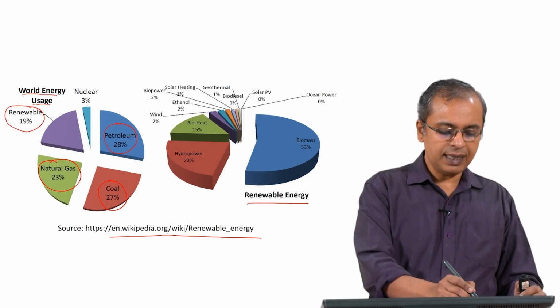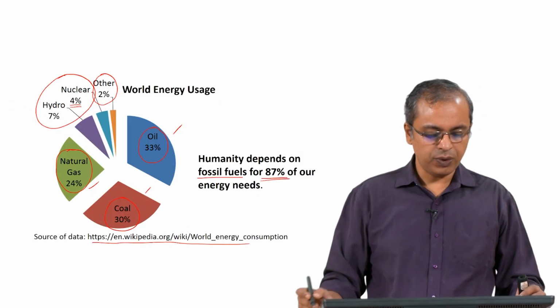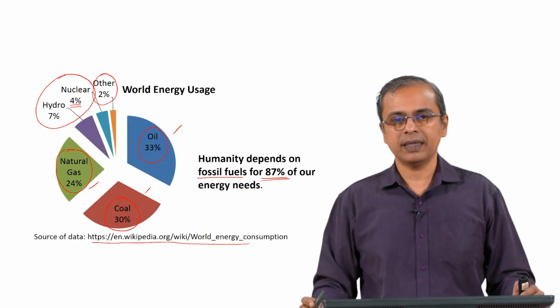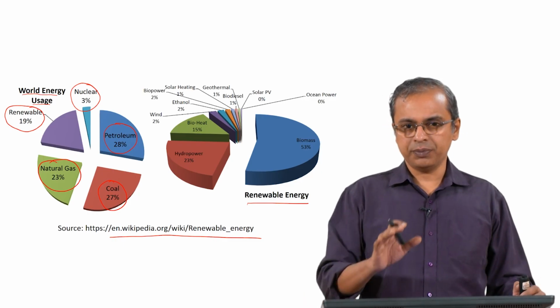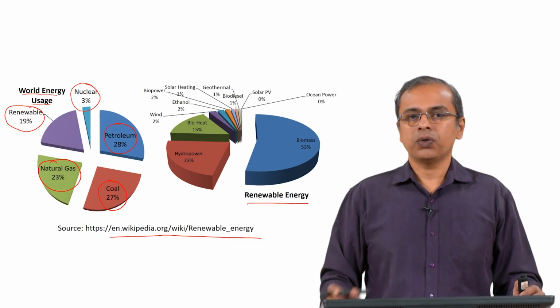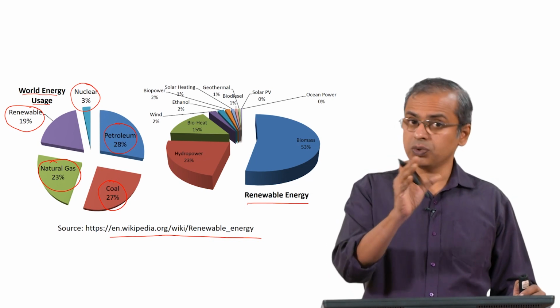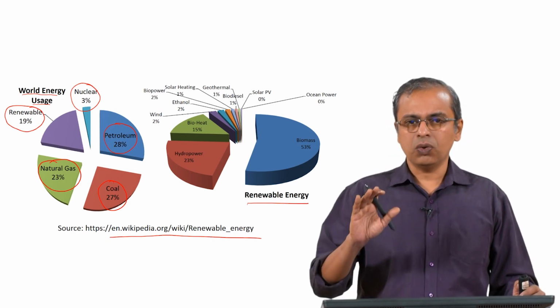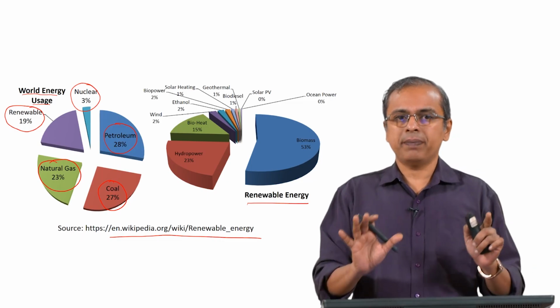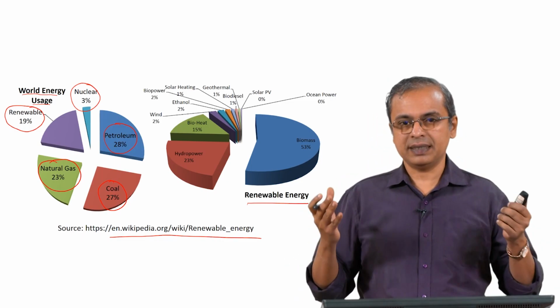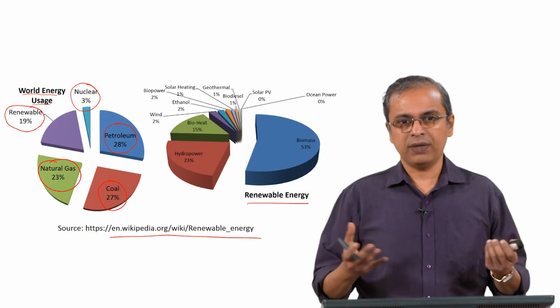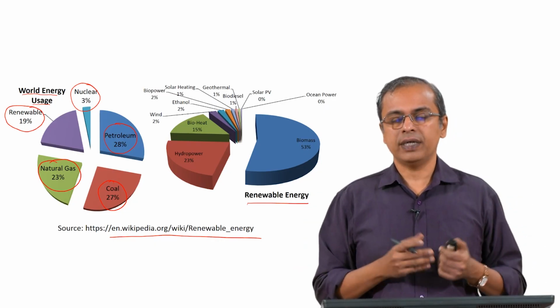The nuclear remains there. Even for nuclear you see a slight variation: it says 4% there, and 3% here. So some variations are going to be there in terms of the exact quantities that you see. You are also going to see some variations based on how those quantities are clubbed together. That is something you should just keep in mind. Therefore, I will also alert you that you do not really have to remember these exact numbers. This is just to give you an idea of what is involved here.